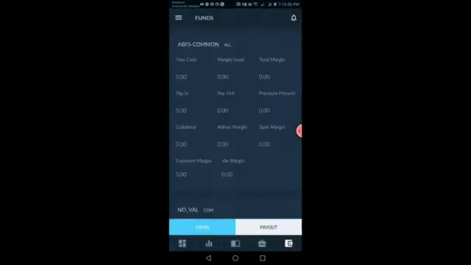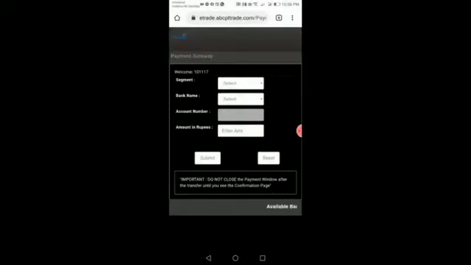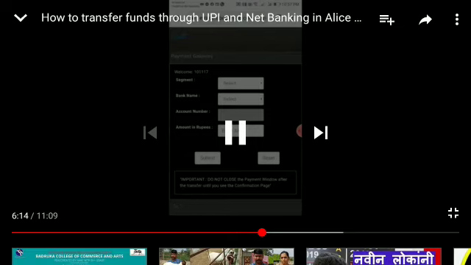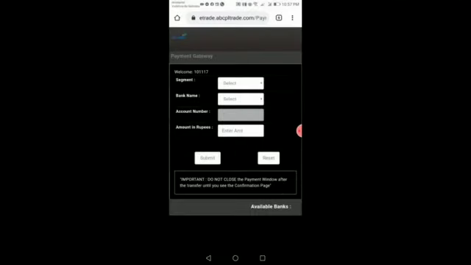Click on funds and now click on pay in. You will be redirected to the payment gateway page. With this we have learned how to access payment gateway page from all products. Now let's start part 2 of this video where we will learn how to add funds through UPI and net banking from payment gateway page.